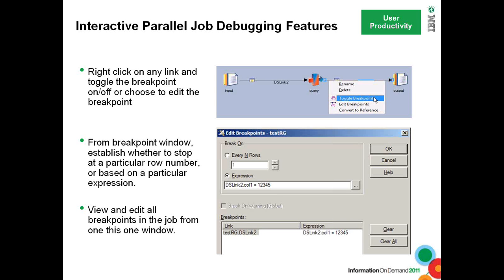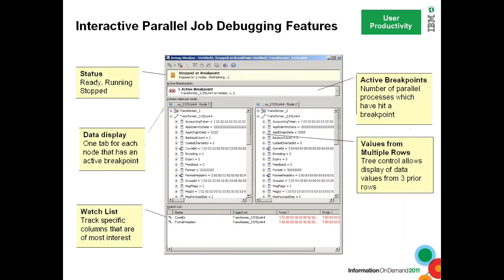So once the screen refreshes, this is where you will see the parallel job debugger in terms of its UI, how it looks, and it is obviously available from a designer. You can see the different viewpoints the debugger supports, and as you can see, it's showing two links, node 1 and node 2, which depicts that it's running a parallel job, and the debugger is in the parallel mode, and it's actually giving you debug information across each of the parallel nodes.